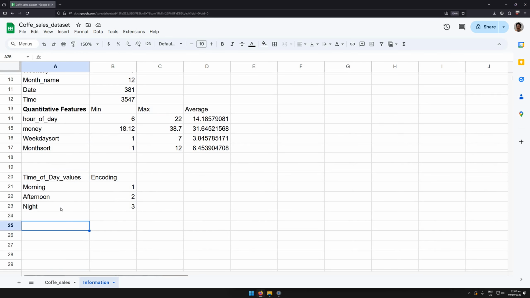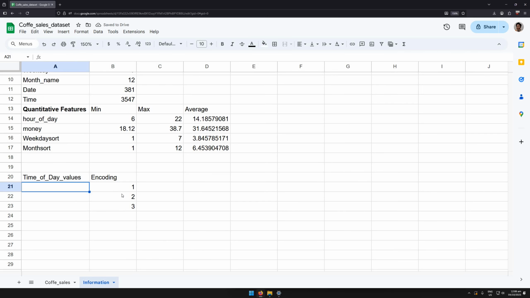But there's also another way of doing this. You can do this using formulas as well, because if you just manually write morning, afternoon, and night, what if you have a lot of different possible time values? What if you have a lot of unique values for these features? Then you're going to have to enter every single one manually. Right now it's easy because there's 3, but what if there's 1,000, for example? That's not out of the ordinary. So to do this